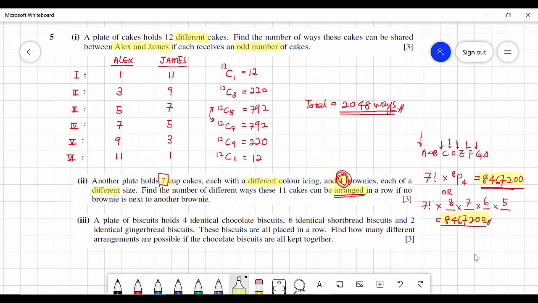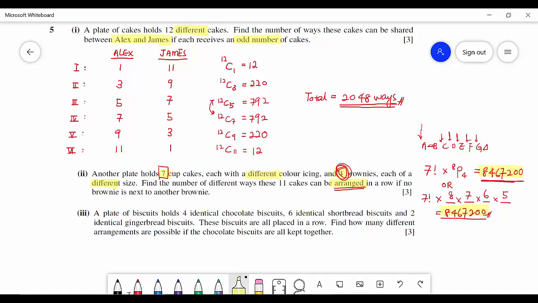Okay, so for the third part, now they are saying that a plate of biscuits holds 4 identical chocolate biscuits. So highlight the word identical, which means that they are all the same. So 6 identical shortbread and also 2 identical gingerbread biscuits. And then these biscuits are placed in a row. Find how many different arrangements